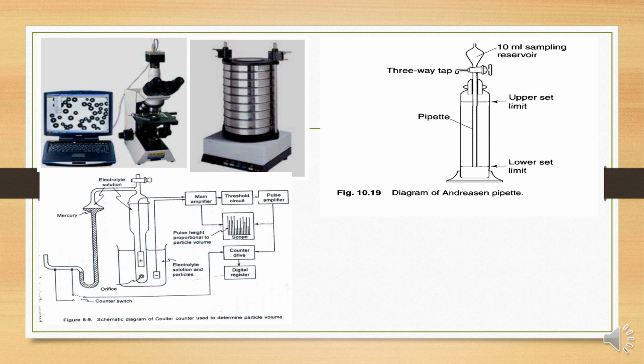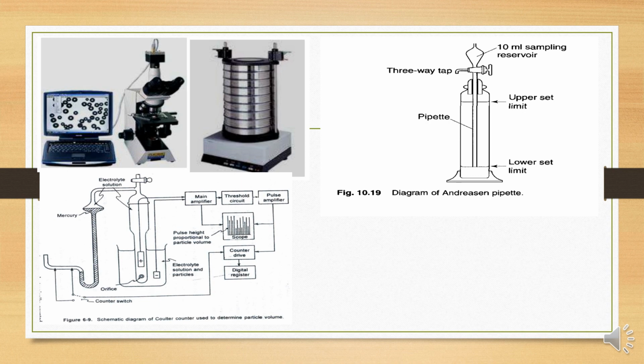Second method is the sieving method. The sieving method has a particle size range between 50 and 1500 micrometer. In this method we express the size as d sieve, and we use it in the development of tablets and capsules. For this, we arrange our sieves like this. We use sieves made up of square meshes of wire of brass, bronze, stainless steel, etc.